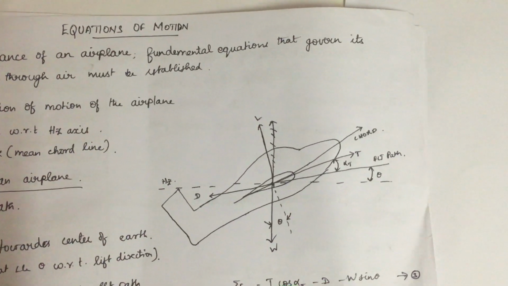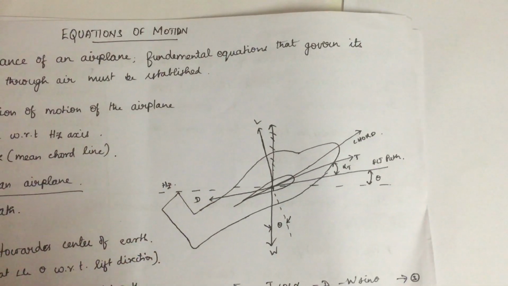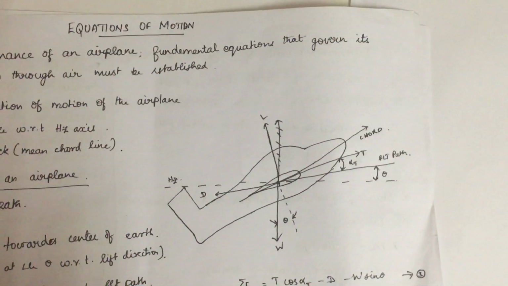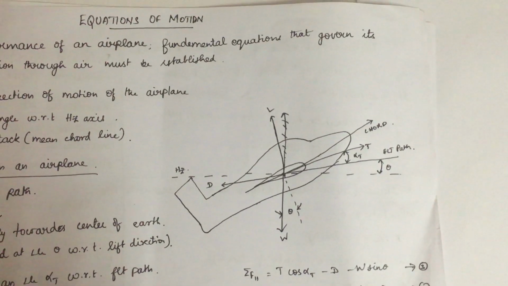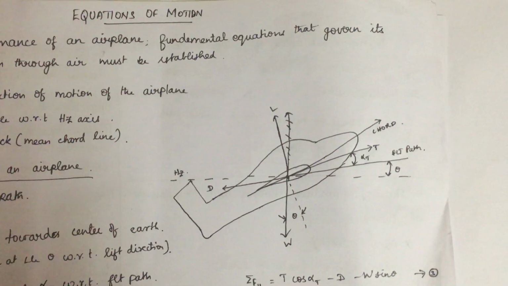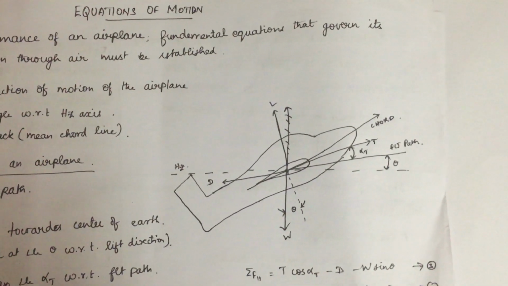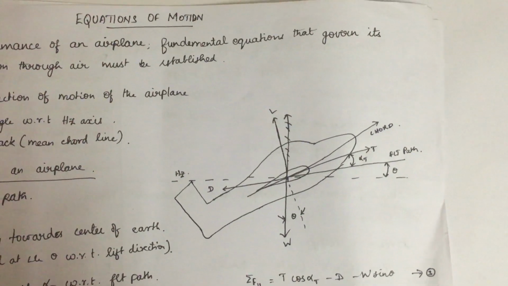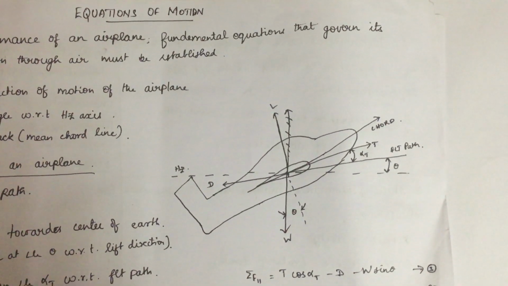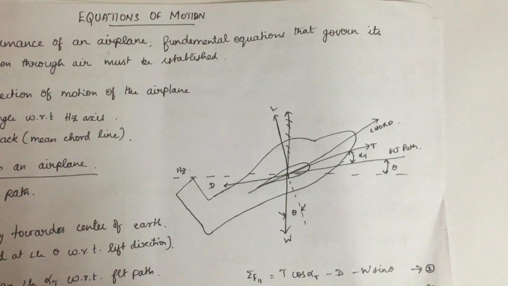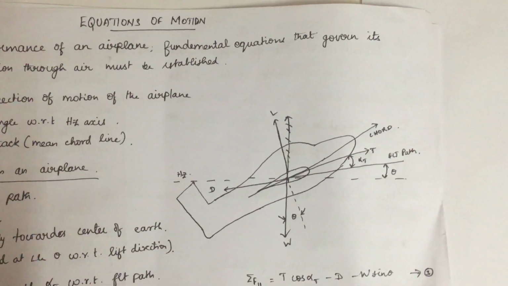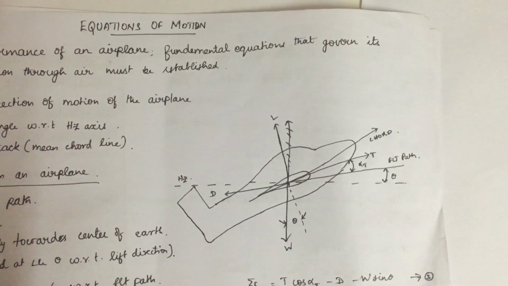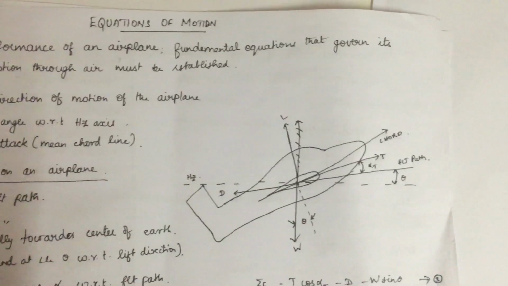So the weight is inclined at an angle theta when you observe it from the left. With respect to the left direction, the weight is acting at an angle theta, since the weight always acts vertically towards the center of earth. So it is easy for us to mark lift and weight, and a line that is parallel to the flight path is your drag. And T, the thrust, is going to act slightly inclined, so it is given at an angle alpha T.